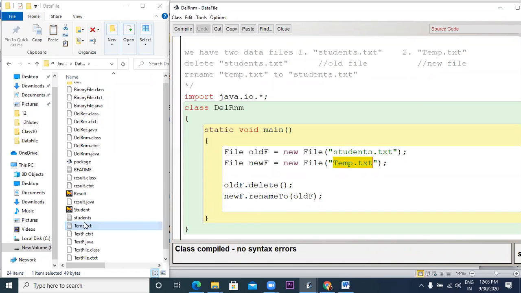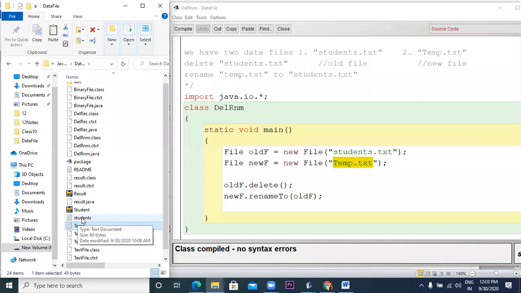you will see on the left hand side, if you keep watching these two files, that temp.txt will be removed. This will be removed and only this will remain.